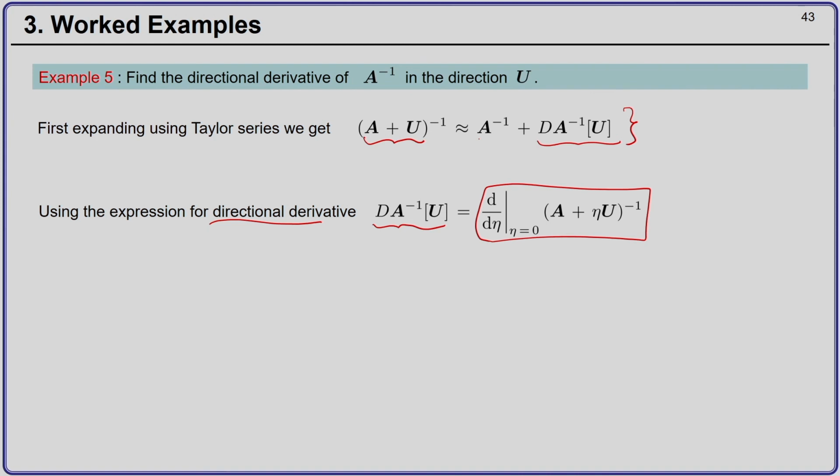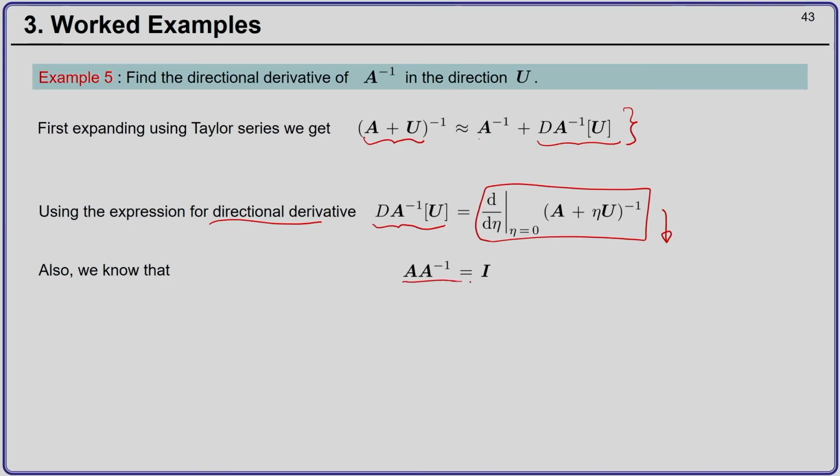Now, again this is a bit complicated to do. So, rather than proceeding directly from this point, we first notice that for an invertible tensor, invertible meaning a tensor for which A inverse exists, we have the property A times A inverse is the identity tensor, the second order identity tensor. This is true. And also the identity tensor is a constant tensor.